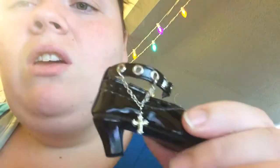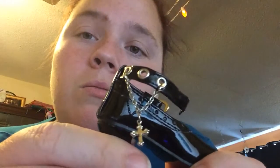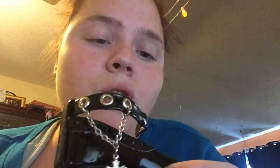I also noticed, actually I think that was from Dollmore. I have one Dollmore skirt, and I thought it was a Dollheart one, but the metals that they used on the chains and stuff started to rust. So it wasn't very useful for those of us who like to keep our things and use them for a long time. But Dollheart doesn't have a problem with that because these shoes are over a year old now,